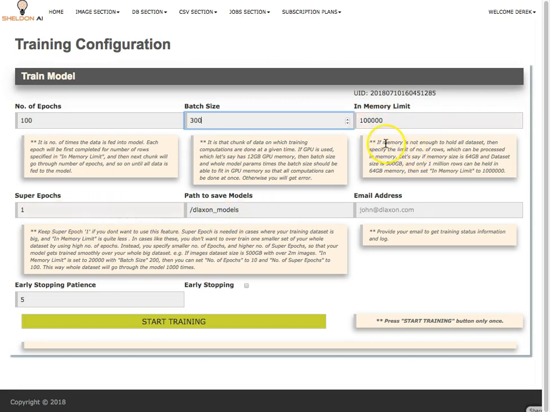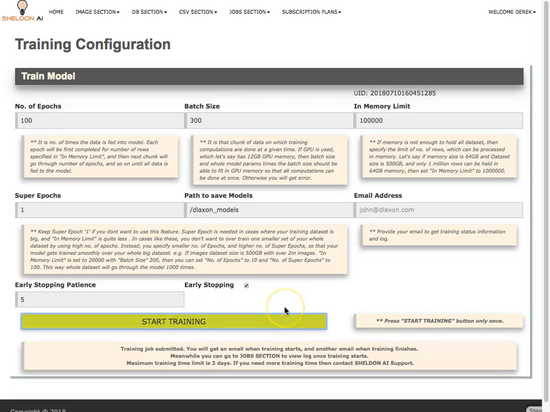You can read about all about these settings in these dialog boxes. You know, it gives all the detail how you can actually configure those. So I'm going to leave everything as default. Early stopping, I'm going to set to 5, and then all I need to do is just press start training,